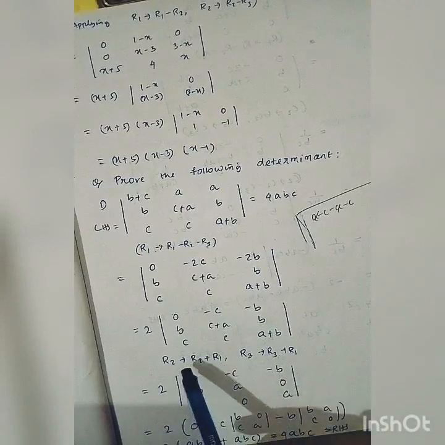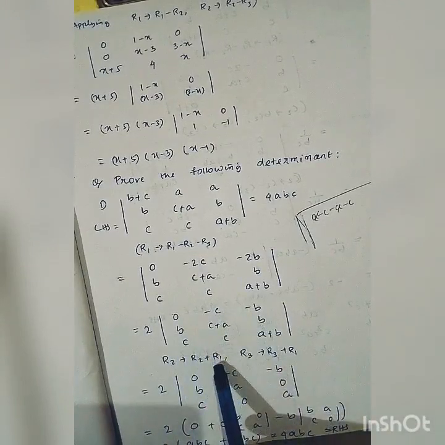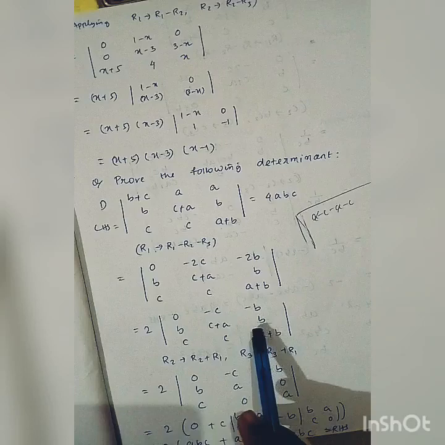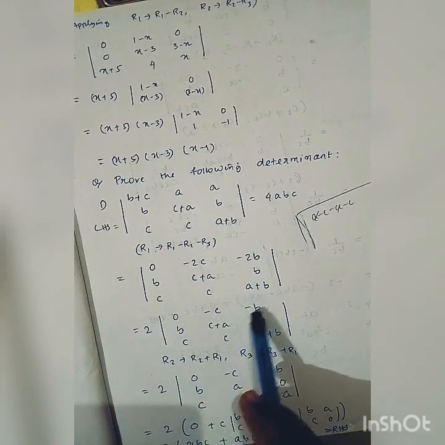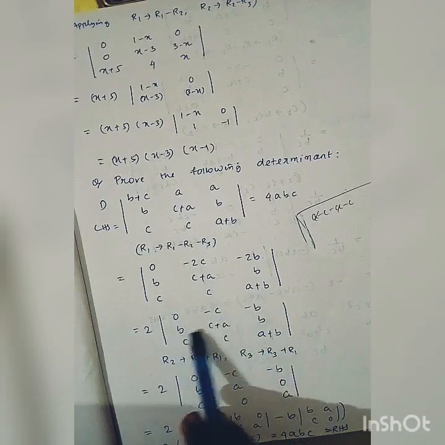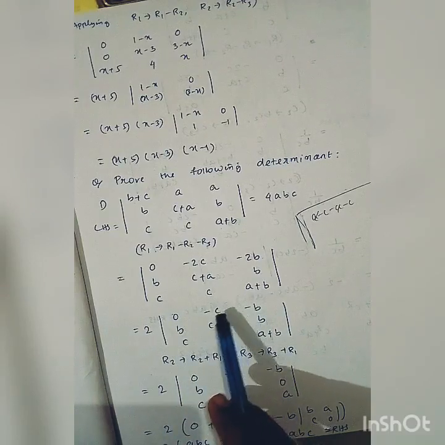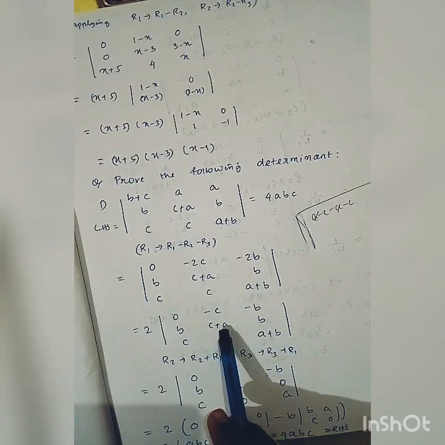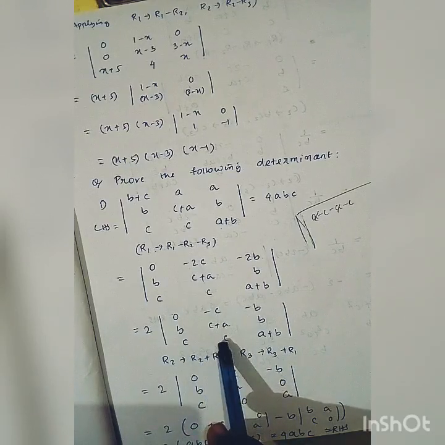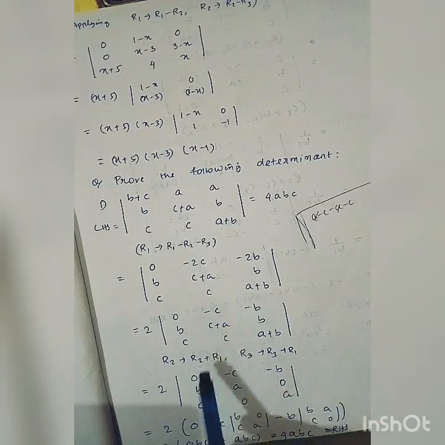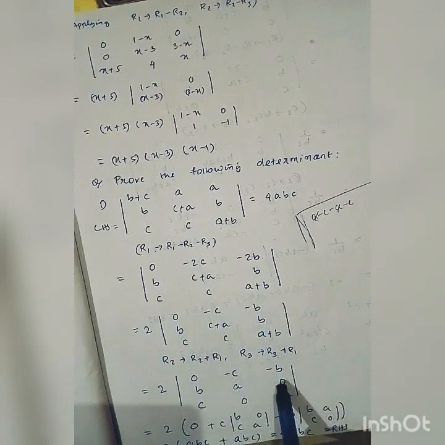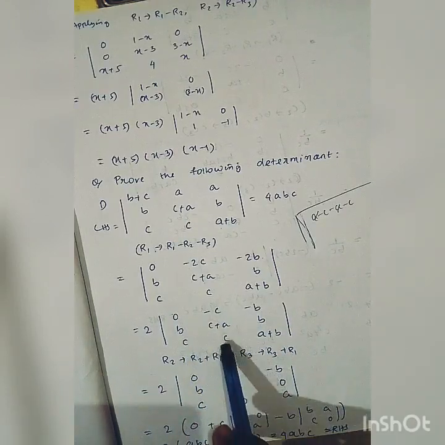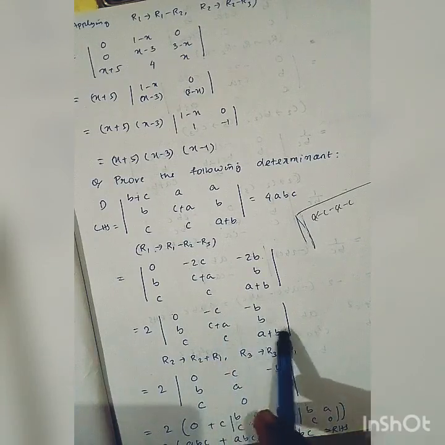Suppose you apply the property row 2 is followed by row 2 plus row 1. Since it is c plus a, it is minus c, it is b, it is minus c. If you apply the property row 2 is followed by row 2 plus row 1, then it becomes 0 and becomes a. Similarly apply the property row 3 is followed by row 3 plus row 1. So row 1 is fixed, again b plus 0, b; c plus a minus c, a; b plus minus b, 0. Similarly c plus 0, c; c plus minus c, 0; a plus b minus b, again it is a.